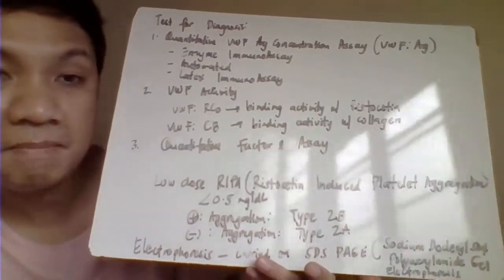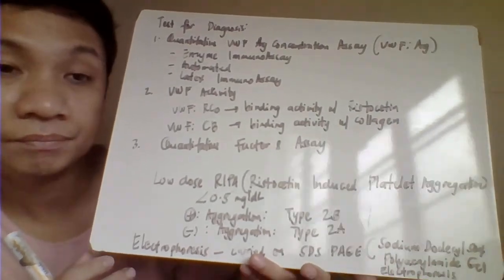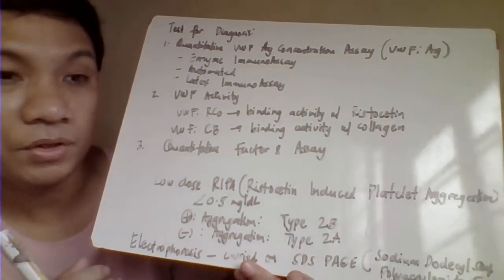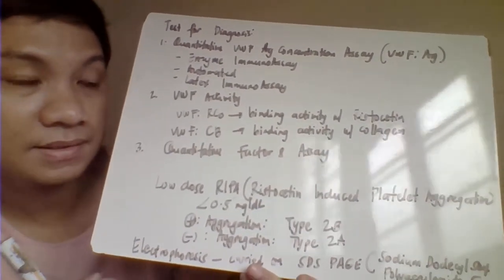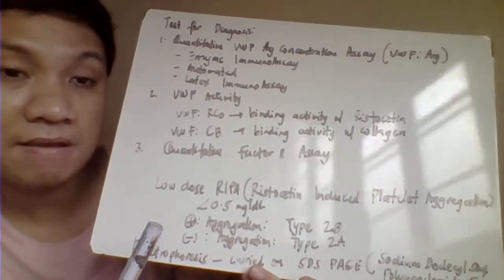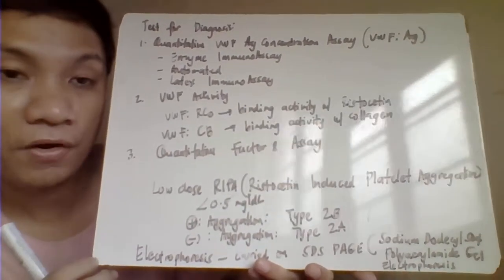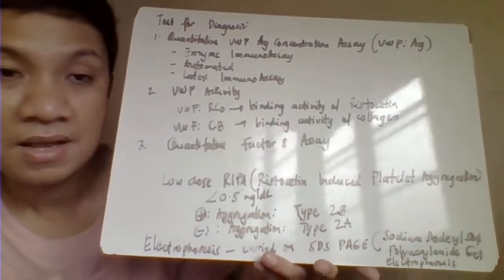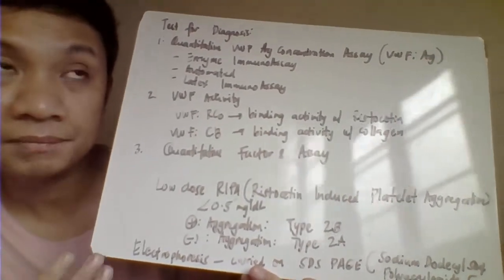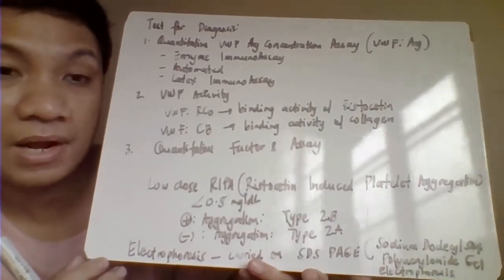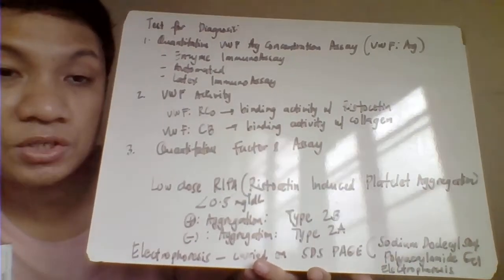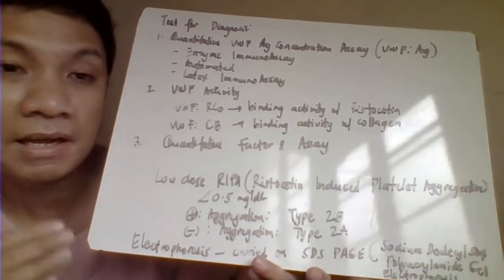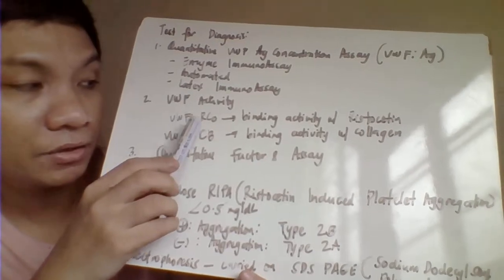So there are several methods in order for us then to determine the concentration of our von Willebrand factor. One is your enzyme immunoassay. Other one we have automated. You could also perform here your latex immunoassay for the quantitative determination of the concentration of your von Willebrand factor. Another one, you could also classify your different von Willebrand disease classification by their von Willebrand factor activity. Pag activity, so that's measure, determine ability ng ating or activity ng ating von Willebrand factor to bind sa kanyang mga receptor. So, pwede siyang von Willebrand factor ristocetin,